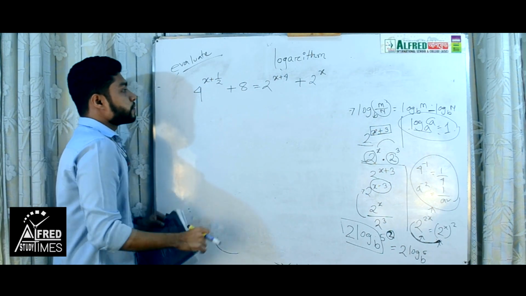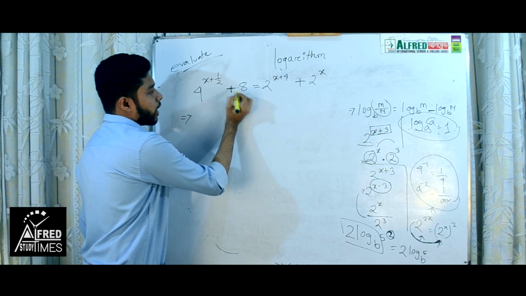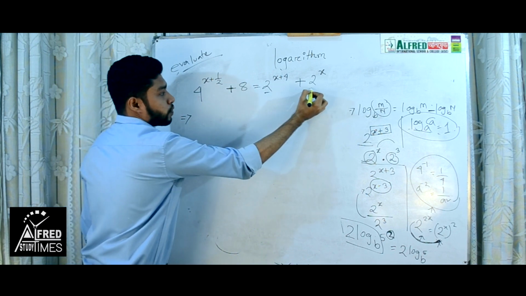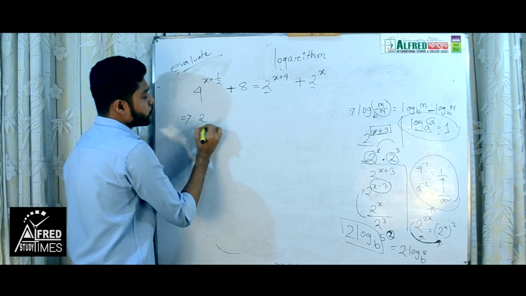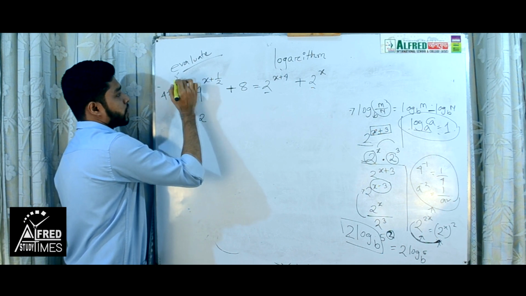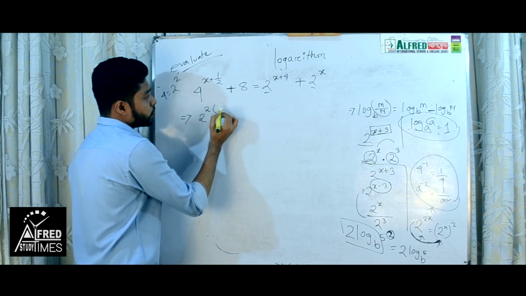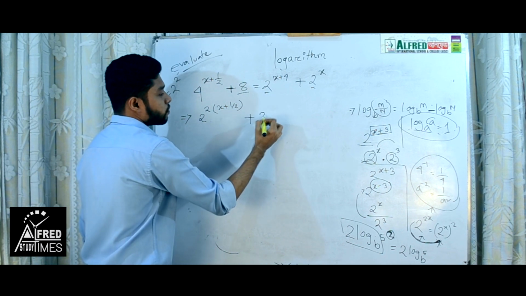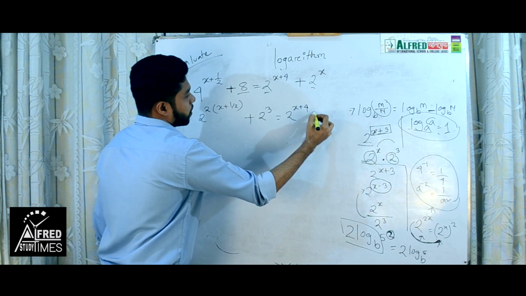Here we can write it as 4. There is a positive sign, and there is positive. We make it too easy to convert. Here the base is 2. We make it base 2 in both places. So here we can write 2 to the power. If you write 4 as 2 to the power square, 2 square is 4. So we make 2 to the power 2x plus half, plus here you can write 2 to the power cube, and you can write 2x plus 4, plus 2 to the power x.